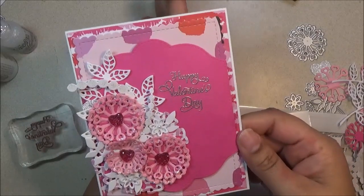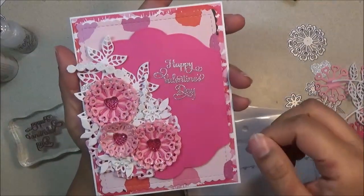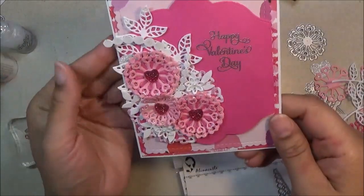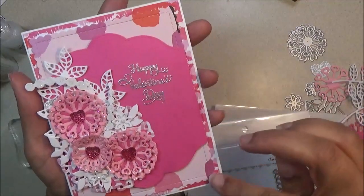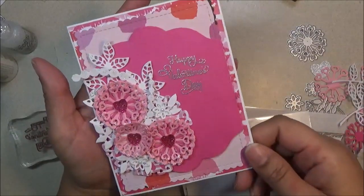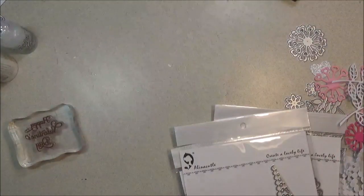Hopefully it's not going to be too long. I will try to walk you through the steps on how to layer these flowers and elements on the card, as well as the layers on the card. So it'll be similar to the card that I made. So here's the process,